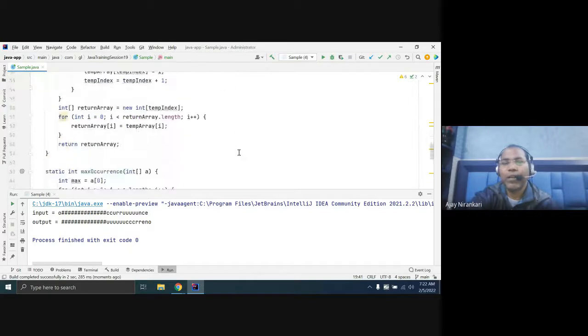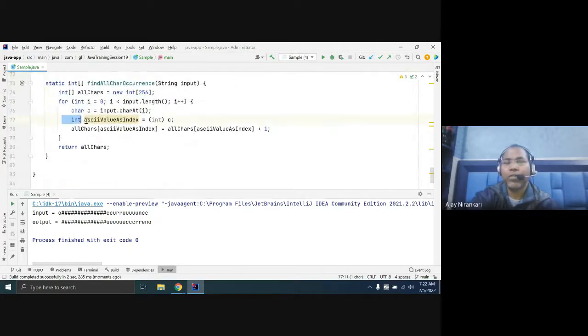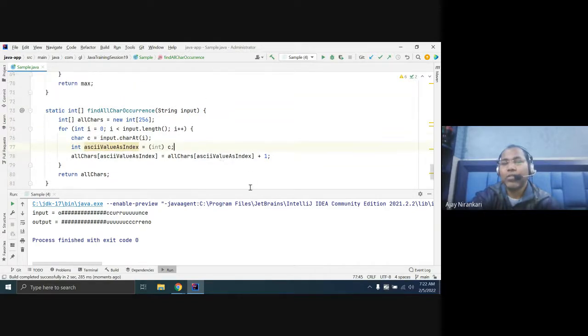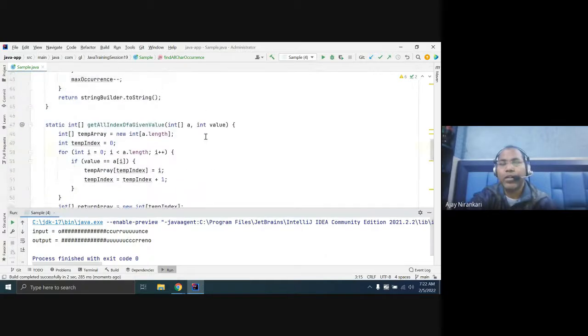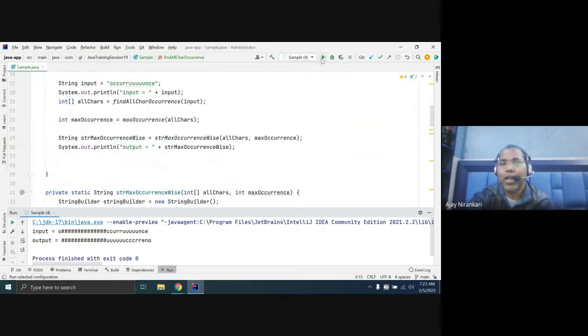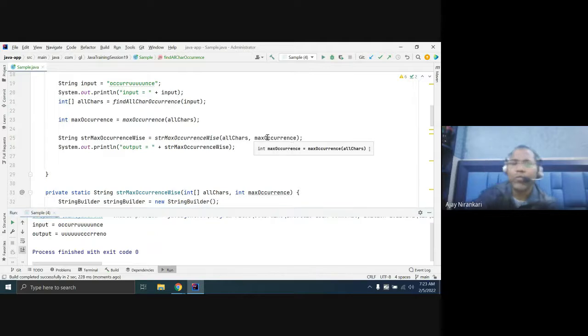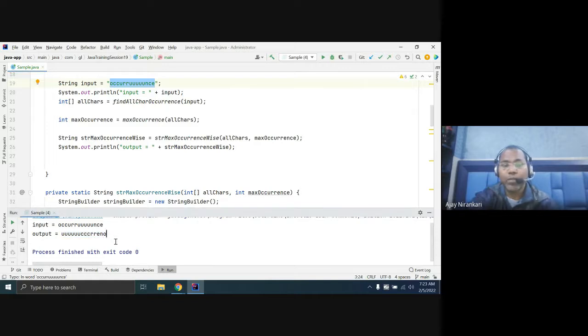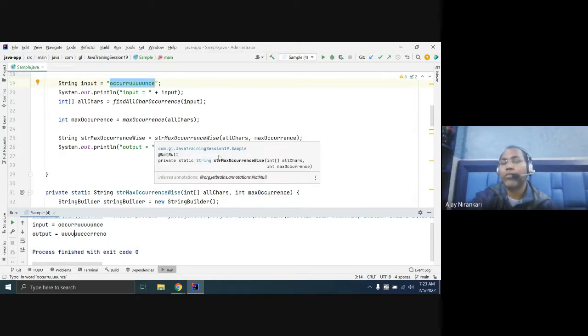So whatever logic we have is built on the basis of the ASCII value. Each character has a different ASCII value, right? First try to do it yourself and try to understand the logic. You can do multiple permutations and combinations here. Someone may want to print from maximum wise, someone minimum wise. First one, then second, then third. Reverse wise. There are multiple cases you can do from this one question.